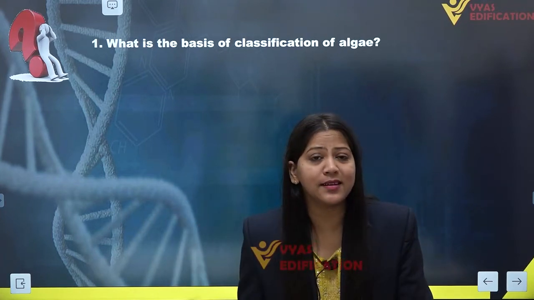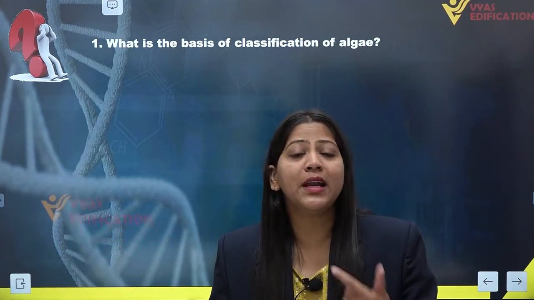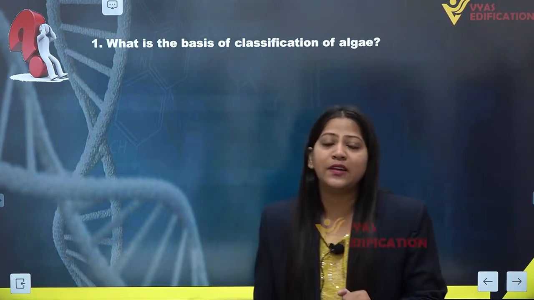Now, on what basis are the algae divided into these 3 categories? The main basis of classification of algae is their pigments. The major pigments present in them are the main reason they are classified into different categories. There is another reason, that is the presence of different food reserve material in them. All of these 3 categories of algae have different reserve food materials as well as different major pigments in them.